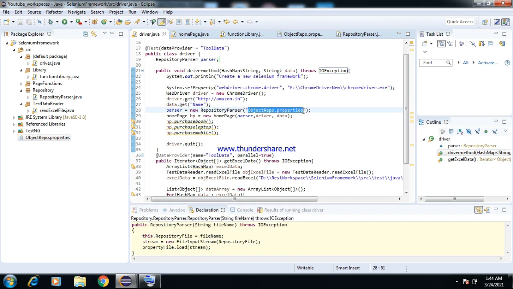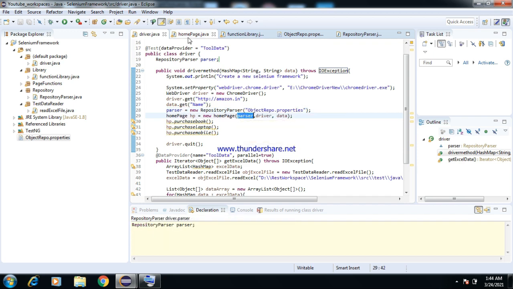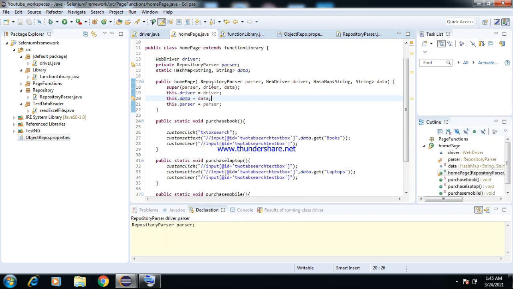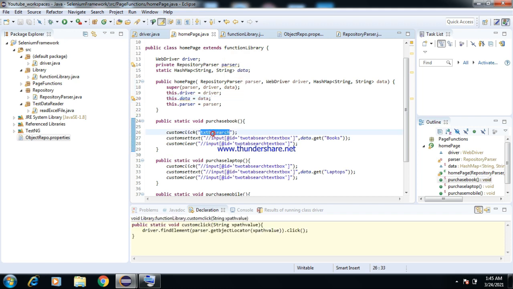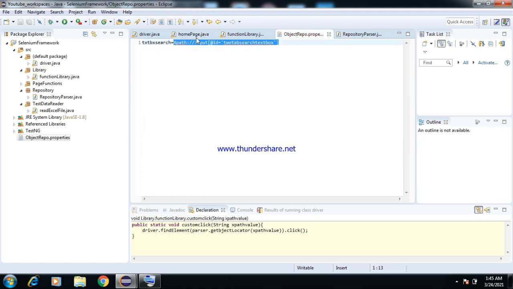So through this object repo.properties, the driver file is going to read that file, and the parser value is going to be passed in the home page, and from there it is going to refer to the functional library and the object properties file from where it is referring the data. So we can call it like this. This is the reference value that we added in this properties file.